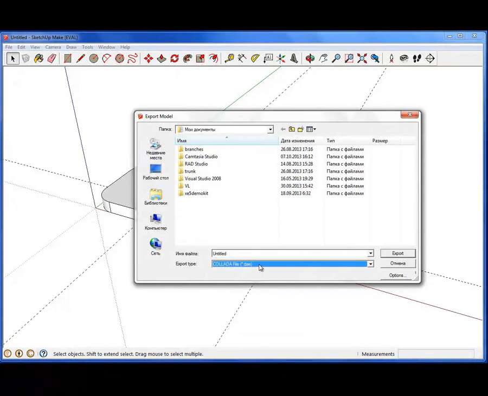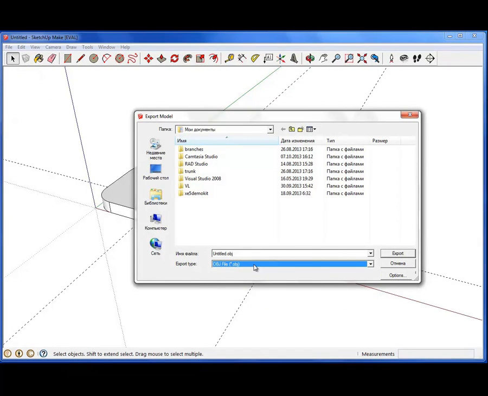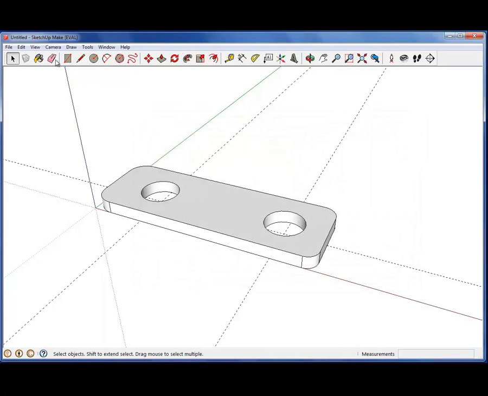We can export the model in OBJ or DAE format. Both formats are acceptable for Delphi or the TModel3D component and in FM, so you can export like this or like that.